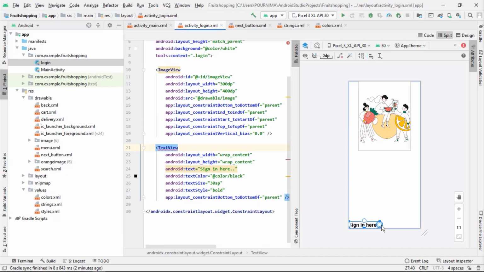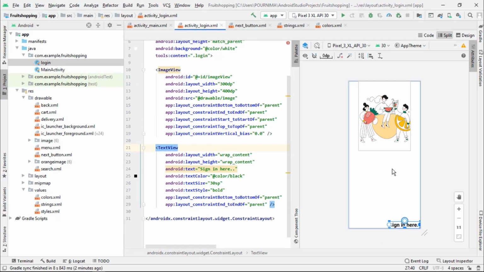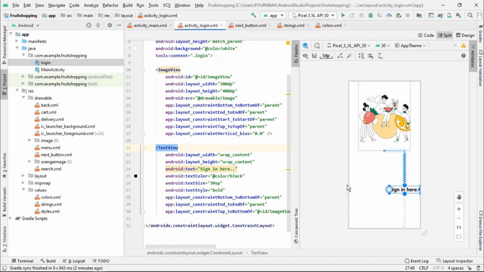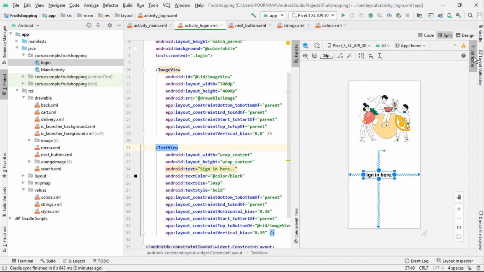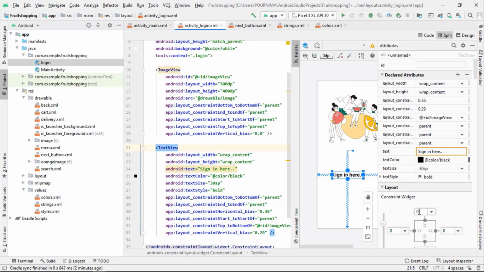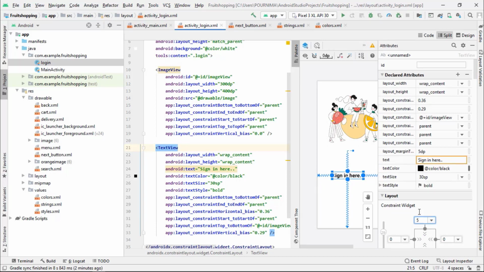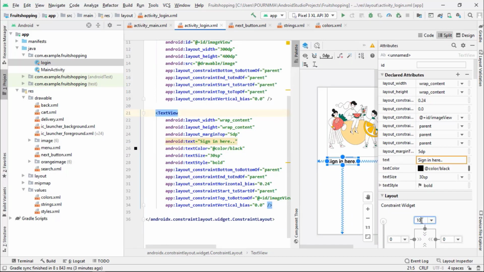Adjust the constraints. Let's add the top margin, again the 5 or maybe 10.